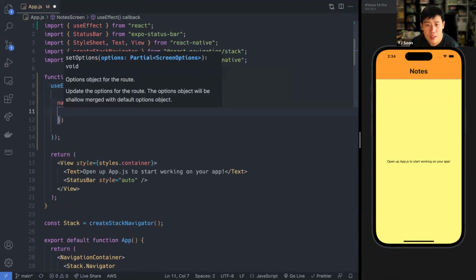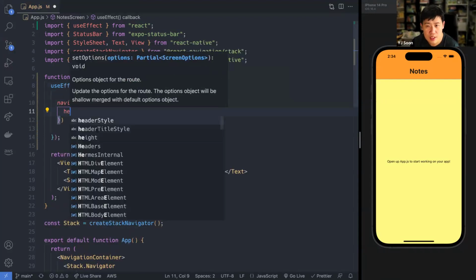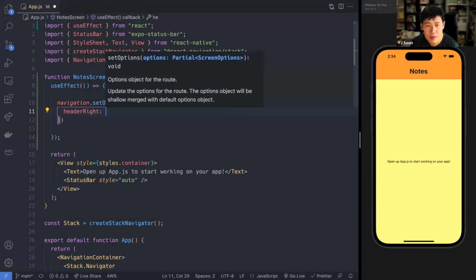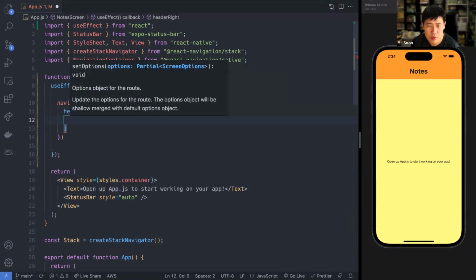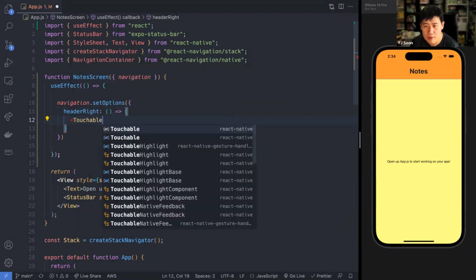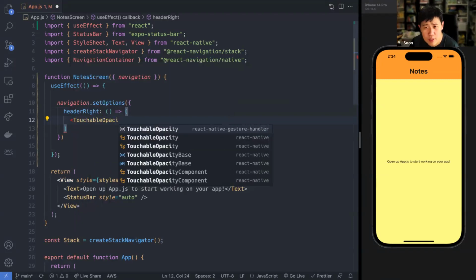Inside here, we are going to say headerRight, colon, which receives a function. Inside this function, I'm going to use a TouchableOpacity. If you have the right plugin installed, maybe the Expo plugin, you can just tap to insert and it'll import for you.